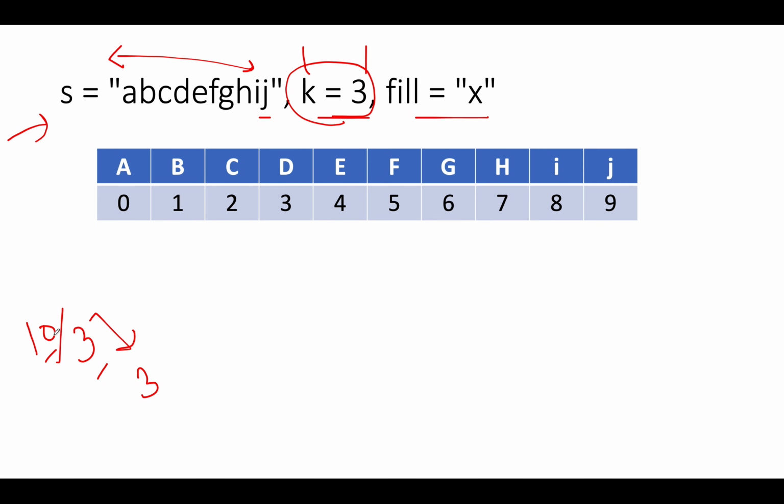However, it is not absolutely divisible, as you can see, because 10 modulus 3 doesn't give you 0, it gives you 1. So what do we need to do? You'll need to add an extra 1 for those cases. So the total number of groups that will be formed would be 4. Now we are sure of the number of groups that are going to be formed.